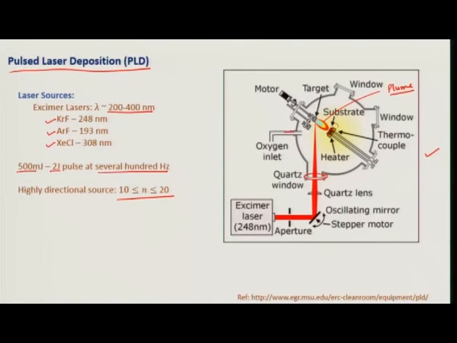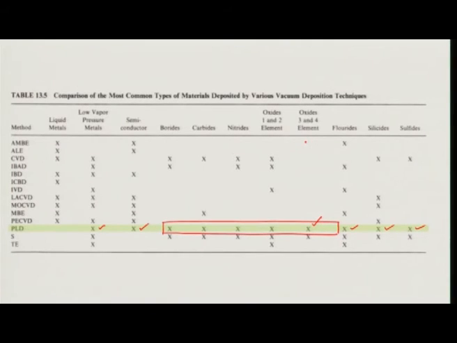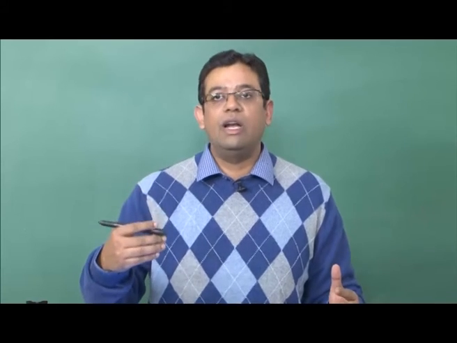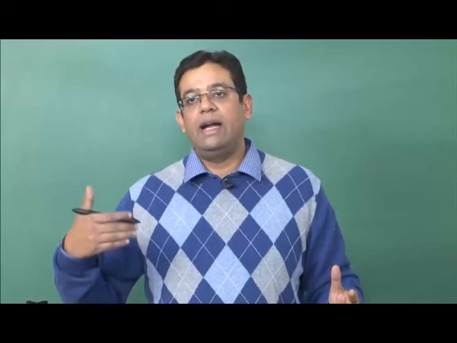Usually this is done in an inert atmosphere in the presence of argon, but you can have oxygen, or nitrogen if you want to deposit a nitride. So you can adjust the stoichiometry on the fly when you are depositing. So this is a very versatile method for the lab to develop the material